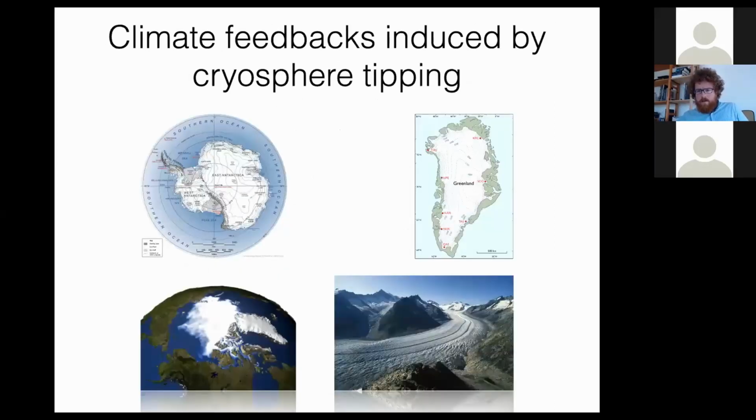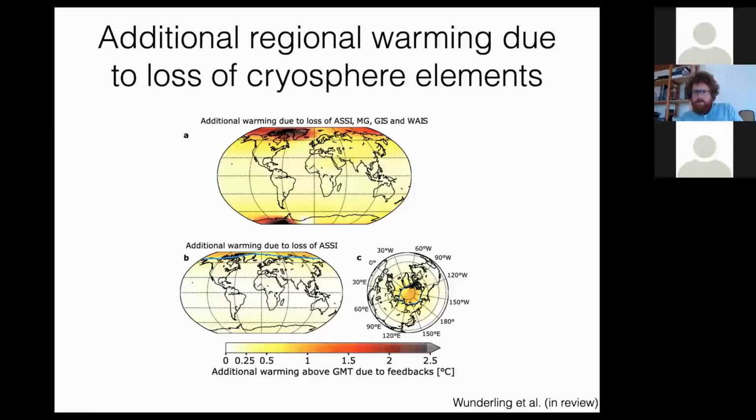So building on this type of work, we were not only thinking about interactions between the tipping elements among each other, but also how tipping can feed back on general global warming and general Earth system properties. And one obvious thing that we thought would be important for the cryosphere is the albedo change that melting of, say, the Antarctic ice sheet, the Greenland ice sheet, the Arctic sea ice, or mountain glaciers would bring about. And this motivated some experiments that we did with an intermediate complexity climate model, an EMIC,